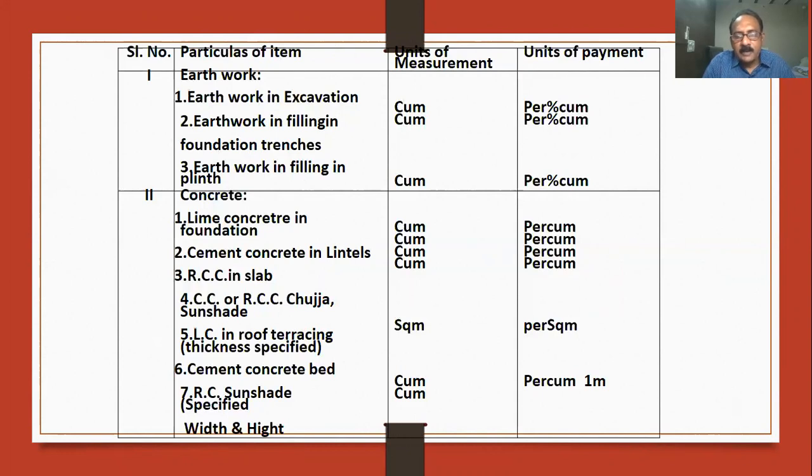I explained in previous videos the section of your foundation. First, what are the general items? Generally first is excavation, next PCC under the foundation, and footings, beams, columns, brick masonry, slabs, like that. There are various items. And what are the units? What are the units of payment? This is a very important point. I will explain everything, and you remember.